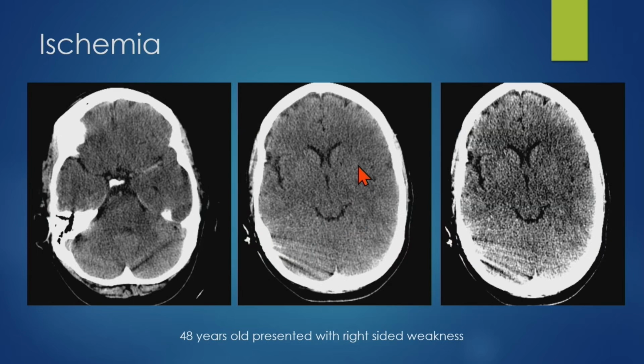At a different slice level, we can see very subtle hypodensity in the left frontotemporal lobe. We always recommend excessive windowing, so we can better see the hypodensity here, which is still subtle, but it is definitely more obvious than the first one. The next step is always to get a CT head angiogram, and that confirmed the complete occlusion of left MCA.